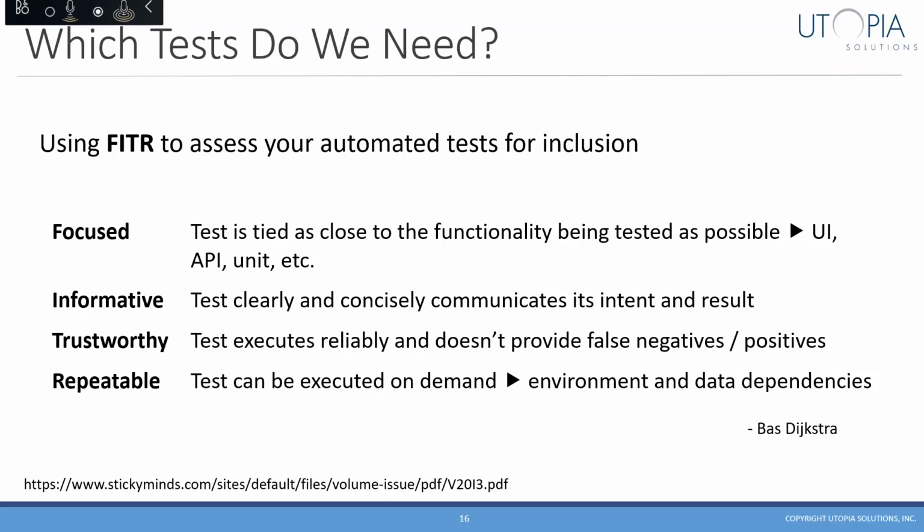Next is trustworthy, and I think this is a real big one, especially in a DevOps environment. If we're going to be part of the build pipeline, and especially if part of your culture is to stop the process if an issue is encountered, the tests have to be trusted. And if they can't be trusted, you're going to lose the privilege of being part of that pipeline, or you're just going to be ignored. And either situation is really not what we're trying to achieve here.